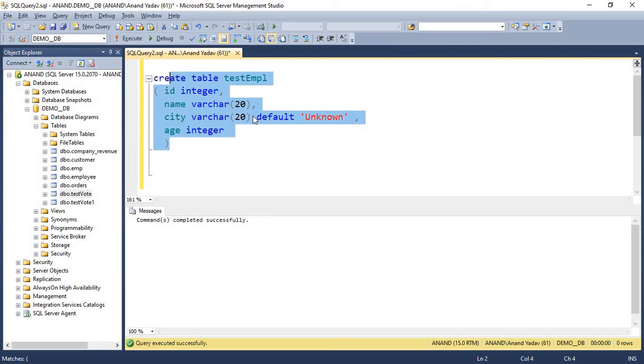Let me just create this table. The table is created.